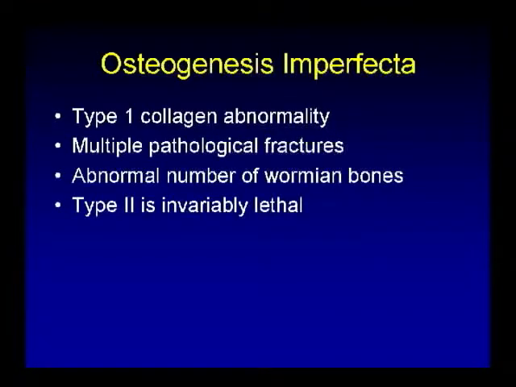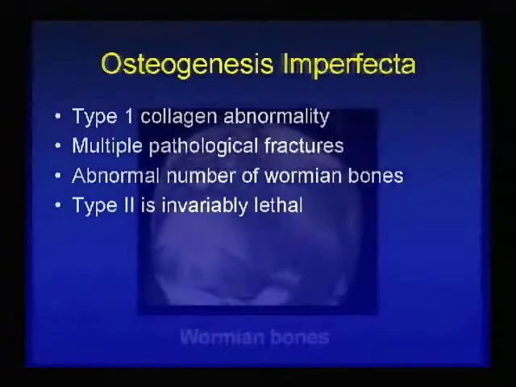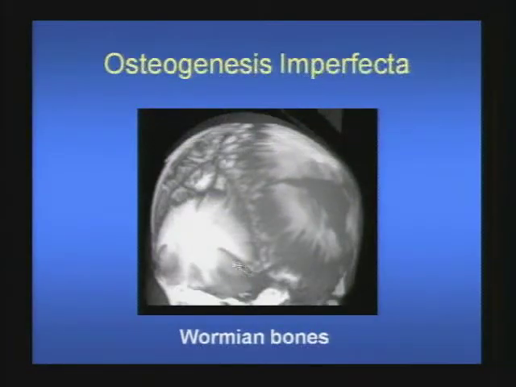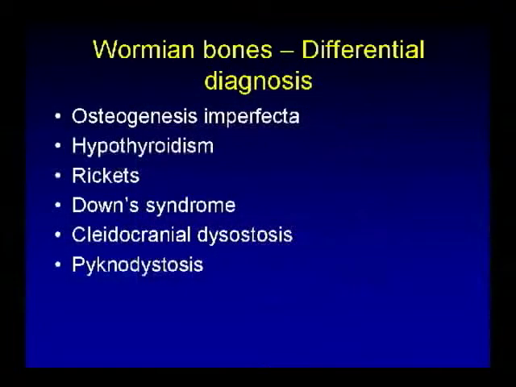The classical presentation is that of multiple pathological fractures at birth. These patients also have an abnormal number of Wormian bones. This is an example of multiple abnormal Wormian bones, predominantly in the lambdoid and the posterior parietal sutures. These are intrasutural bones, and they can be seen in a variety of conditions, most common among them being osteogenesis imperfecta. However, they can be also seen in conditions like hypothyroidism, rickets, and other uncommon conditions like cleidocranial dysostosis and